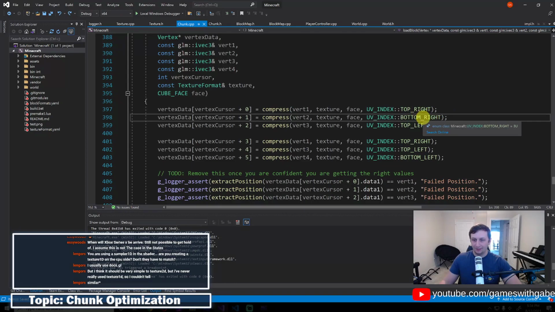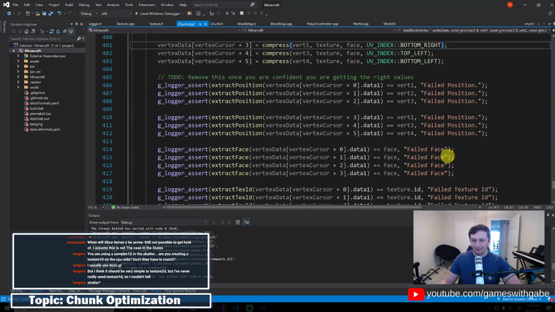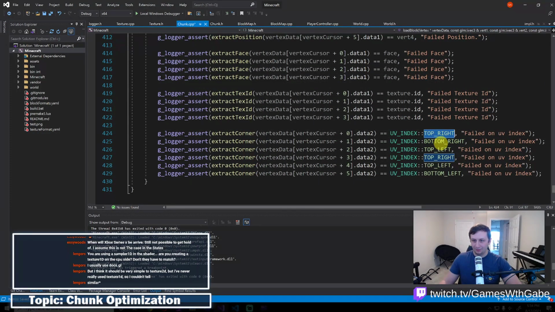No, okay, keep that. Okay, cool. So we need to swap these. So this should be bottom right. This one should be top right. This one should be bottom right. Okay. Then this one should be bottom right. This one should be top right. And this one should be bottom right. Okay. Yeah, that's